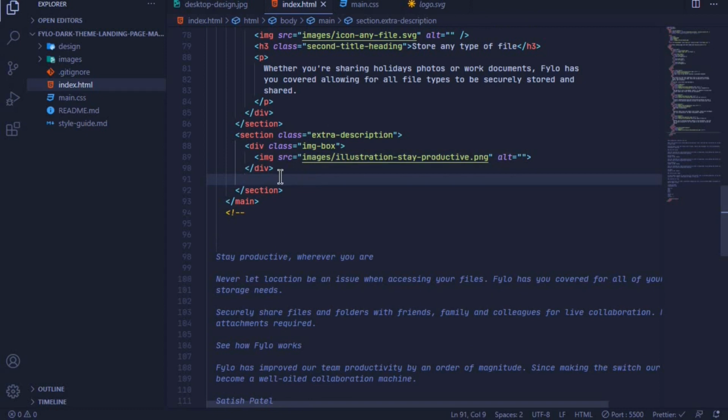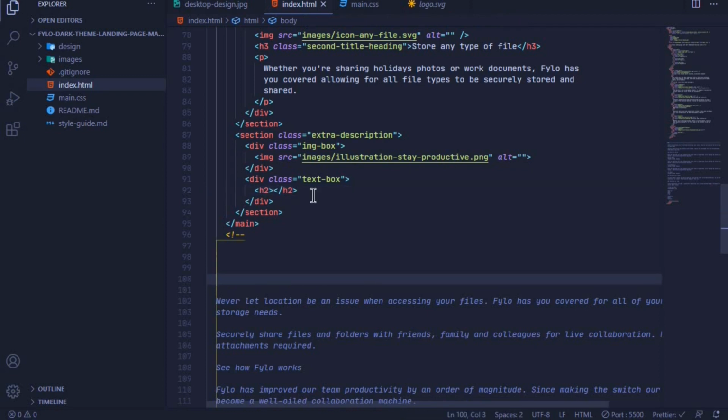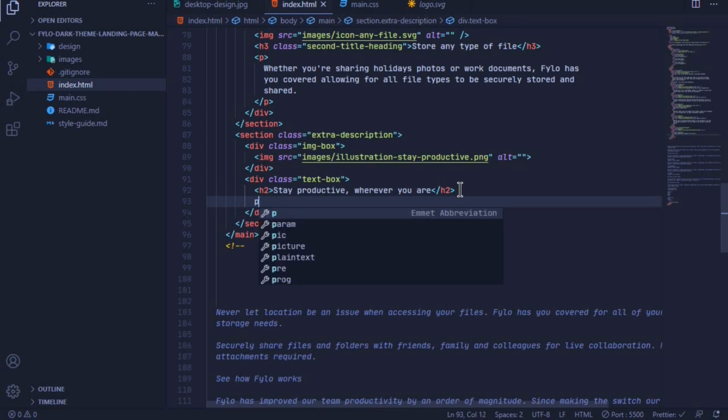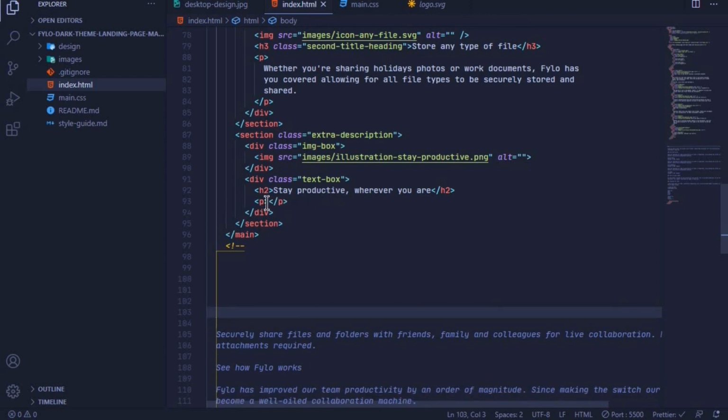This will have a class of text-box, which is a div, and in here we will add an h2, and what is inside the h2 is this line right here. I'll just cut it and paste it inside there, and then after that we will have a paragraph, and what is inside the paragraph is this line right here. I'll cut it and paste it in there,